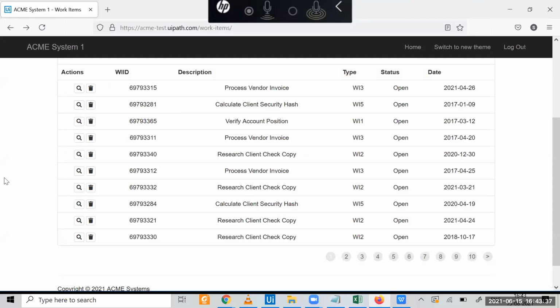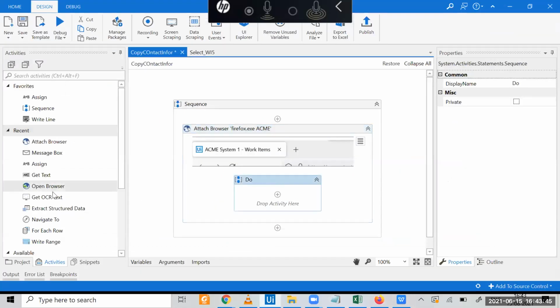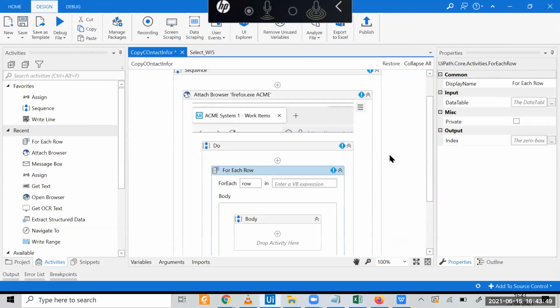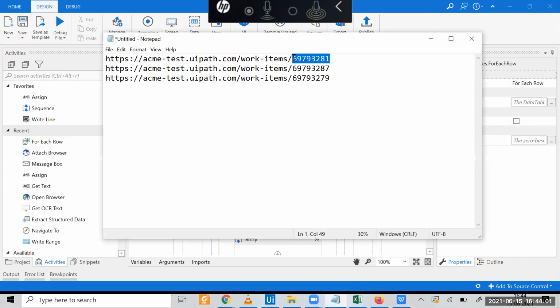And open that web page directly. Okay. For that, I am going to use the For Each Row activity. So for each row, the interesting thing is, what will be the variable? Can anyone tell? Where am I going to search? I am searching this value, right?